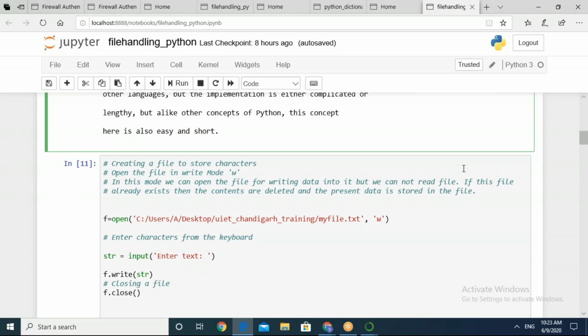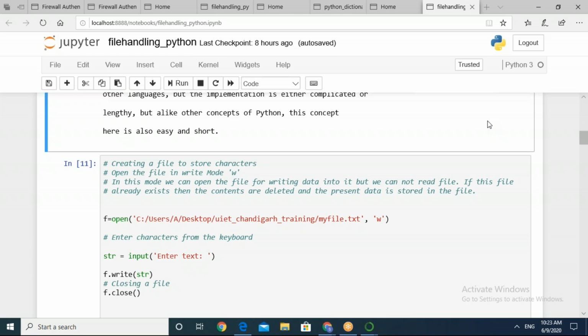So you can just check it out. On your machine, simply create a small file, right? Take up a notepad, and in that type one or two sentences, and open that file in write mode, and then you can write something into it. Okay, take your time.